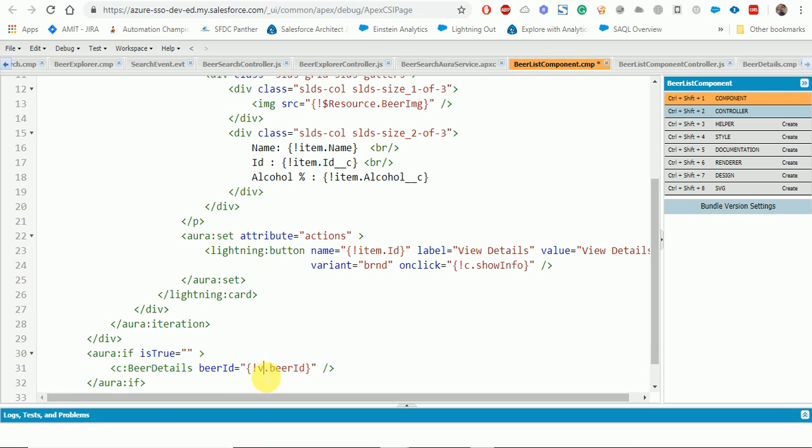If the beer ID is not there, we don't want to display the component with blank values. So we'll add a condition using aura:if beer ID is not equal to null, then only display the information, otherwise don't display it.